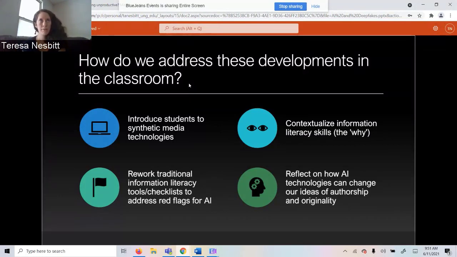So if our students start having access to this kind of technology, it's really not that different from something like Grammarly. So Grammarly will, if you're writing in passive voice, give you a different version of your sentence that's written in active voice. This is just kind of a step further than that.